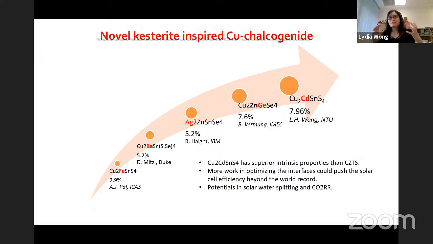So for a university lab, what is our strength? Our strength is in innovation. Our strength is in our students. How can we beat big labs like IBM? Their budget is probably 10 times our budget. How can we beat them? We can beat them by doing more innovation. And I believe all of you also can do this. As long as you want to do it, you have the will to do it, you will find opportunity to be world class.